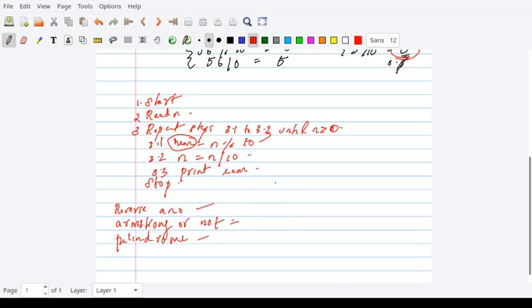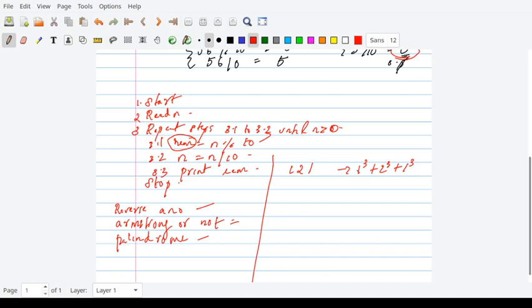Take the case of Armstrong number. What is an Armstrong number? An Armstrong number is a number whose sum of cubes of each digit will give you the same number. If I have a number 121, I am going to check whether 1 cube plus 2 cube plus 1 cube is equal to 121.